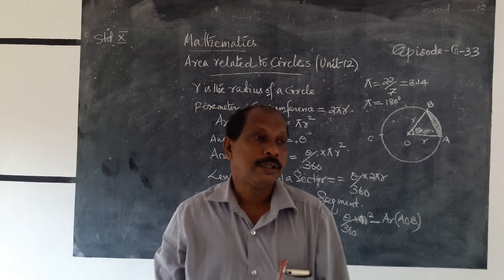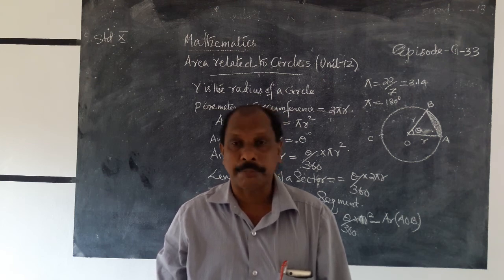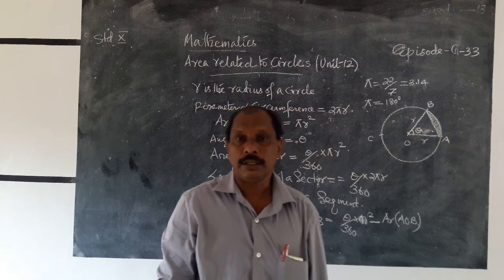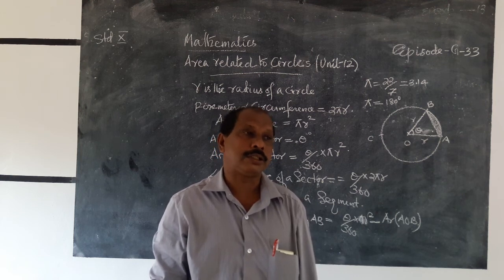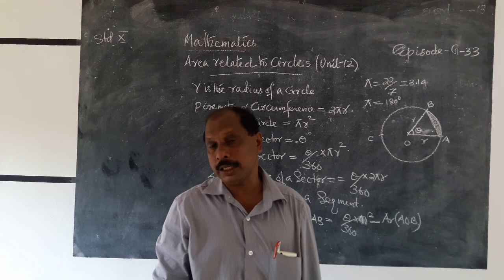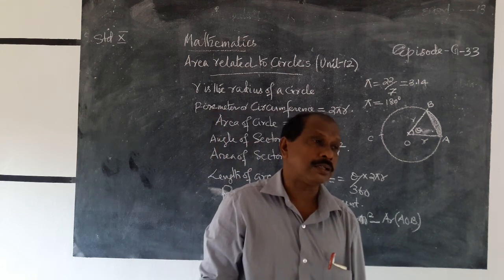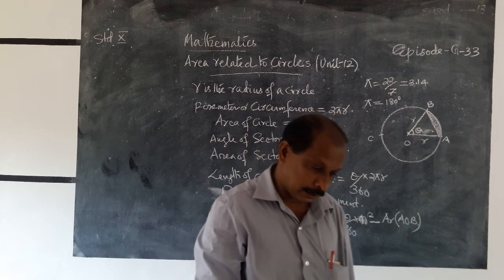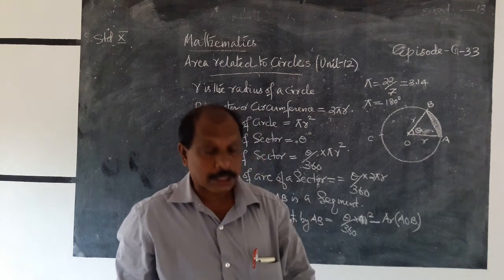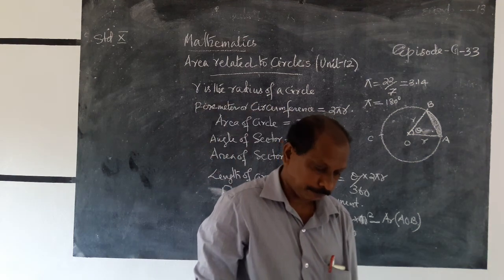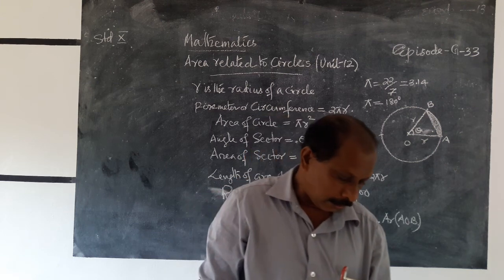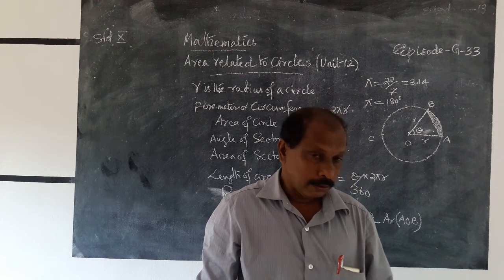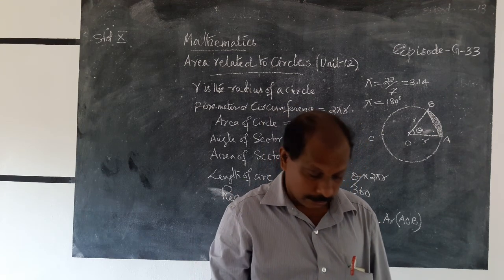And we know that the area of that minor segment is equal to the area of sector AOB minus the area of triangle AOB. Therefore, it is theta by 360 into pi r square minus the area of triangle AOB. But the triangle is always an isosceles triangle because OA and OB are radii. These are the main points or key points of this chapter. Then listen, sometimes we take pi as 22 by 7 or pi as 3.14.